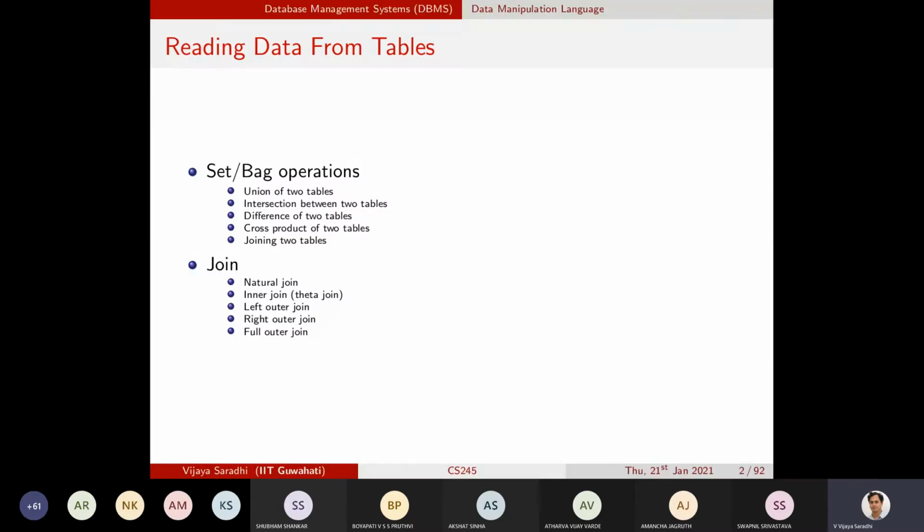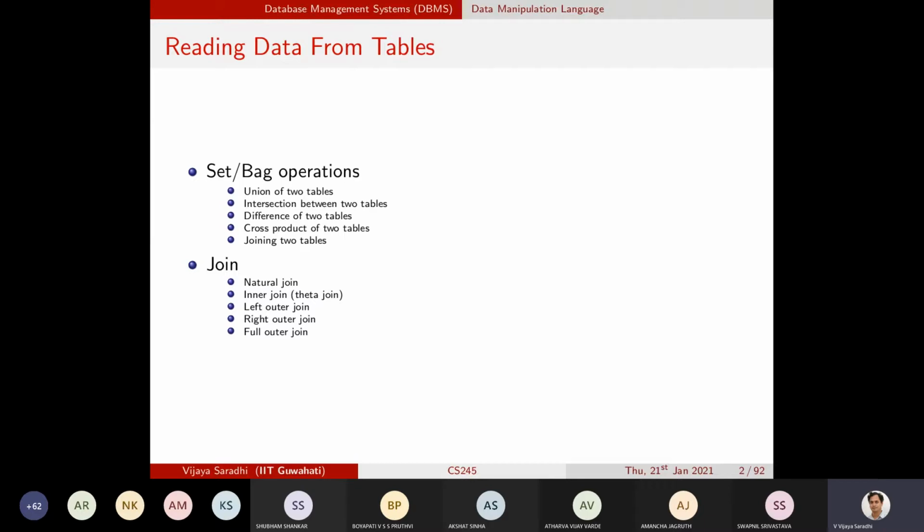So this class and in the subsequent classes will not assume that we are operating the SQL on only a single table. In the last class, we assumed that all the operations we were performing were on a single table.